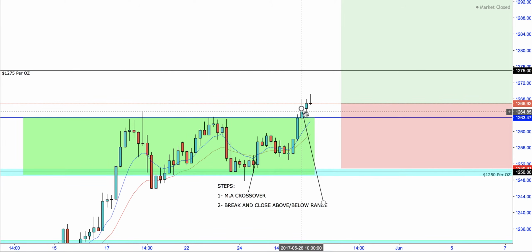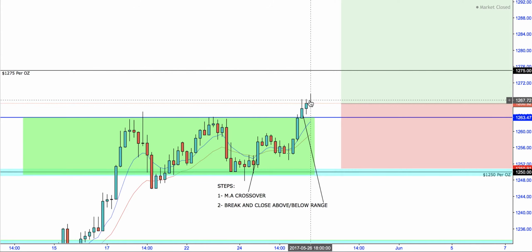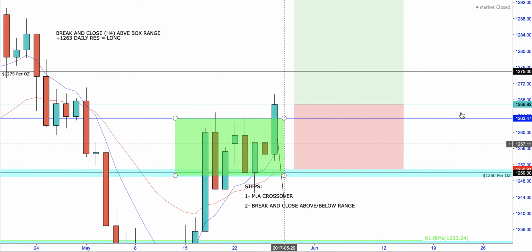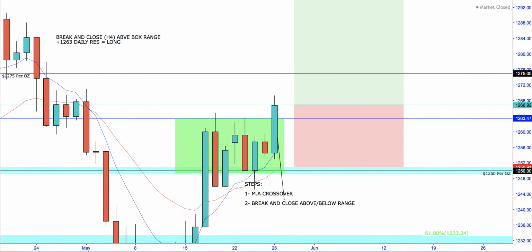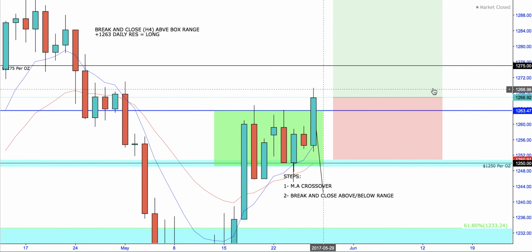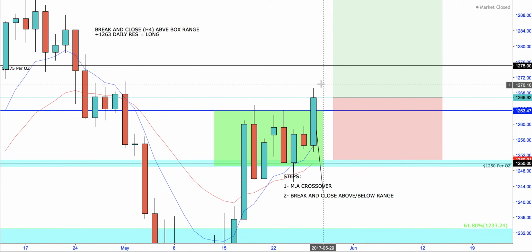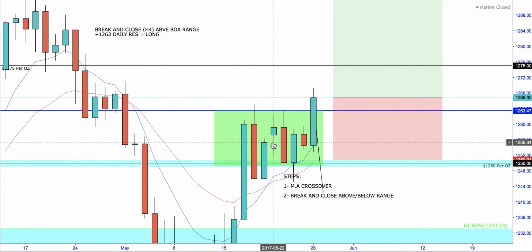So here, for instance, that was in the US session. It's a 4-hour time frame. Started the US session, then boom, we had the closure at 10.62. So looking at that, it was 2 when it broke out, which you could have got in. If you only spotted the breakout at 6, then you could have easily just waited for the daily close. Again, this is an example. That's Friday's candle. Let's say, for instance, that's a Tuesday candle or even a Monday candle. You could then go in because